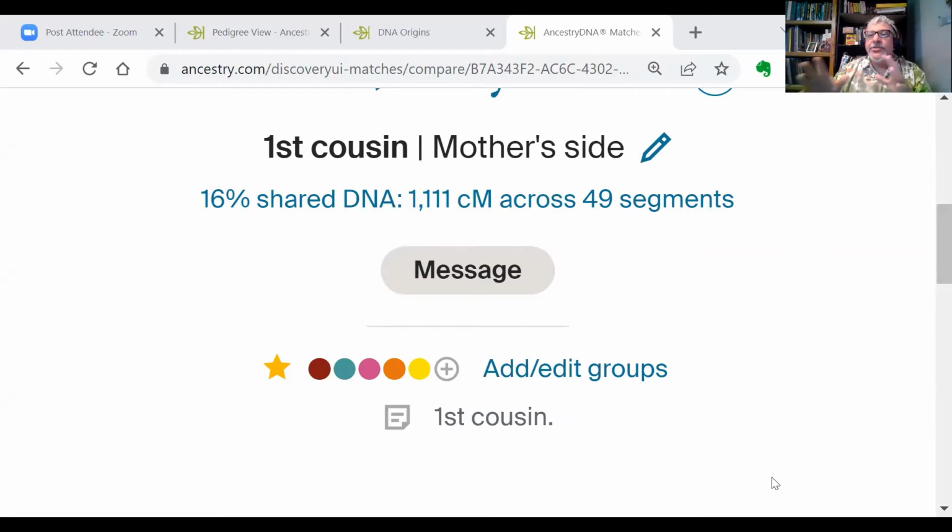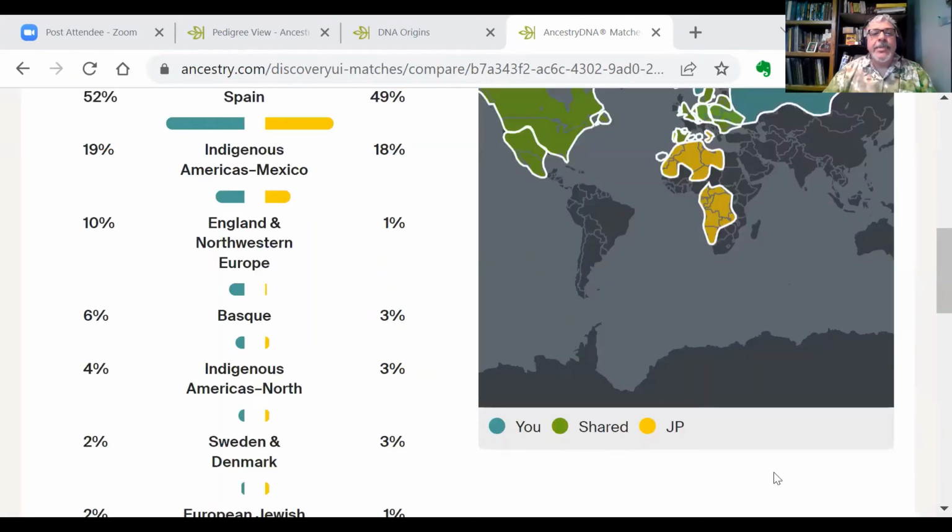They have different fathers because my first uncle died in a car accident, and my aunt remarried, so she has children from two different fathers. So here's my first cousin, the eldest of the two, who shares 16% of my DNA, or about 1,111 centimorgans over 49 segments. And what I know about my cousin's DNA is that he has a more recent ancestor who is not